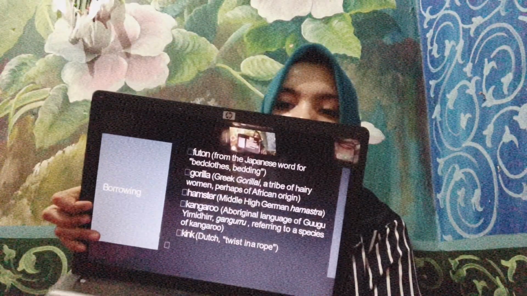Borrowing. The majority of the words used in modern English have been borrowed from other languages. Although most of our vocabulary comes from Latin and Greek, English has borrowed from more than 100 different languages around the world. Okay, I have a lot of examples here. The example of borrowing is